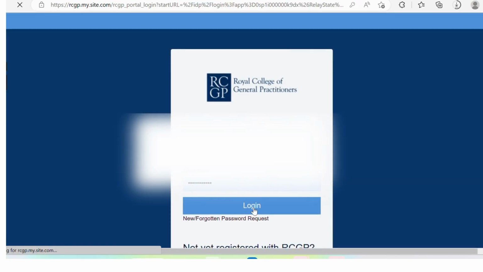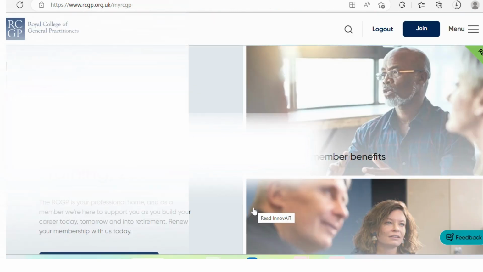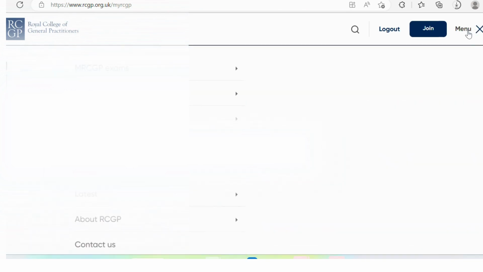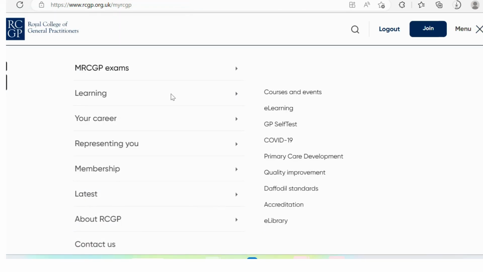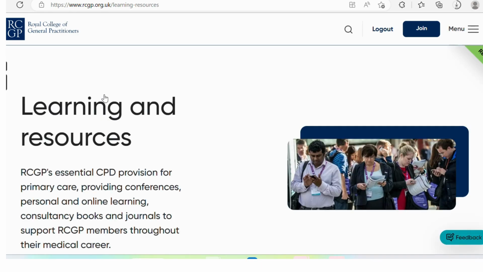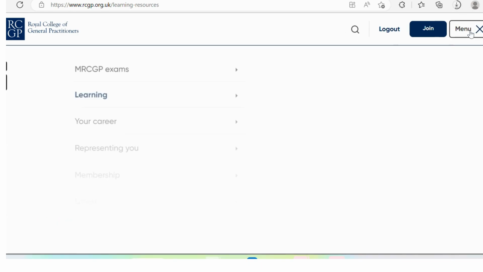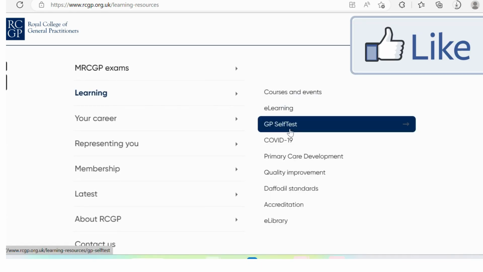So we log in. Once you're logged in, you need to come to the menu section and use the approach for GP self-test question bank initially. So you come to learning, GP self-test,